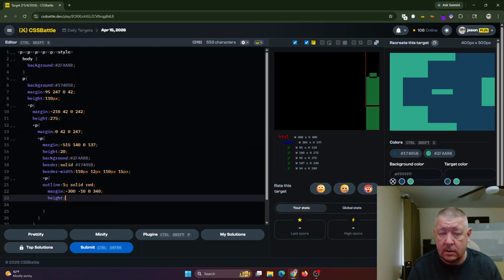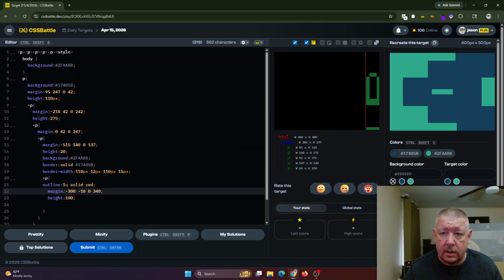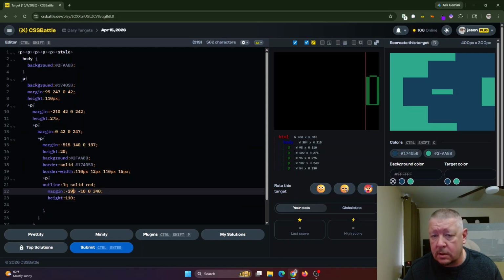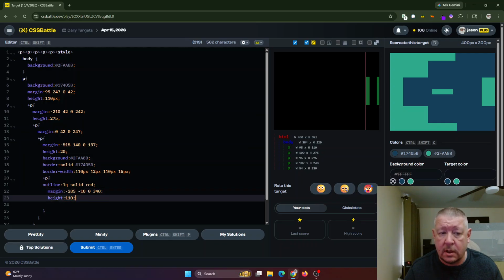Height is going to be 300. No, well, no, it's not. The height without borders is going to be 300. Height with borders is going to be like 100. And let's see if we can push it down. Whoops, that's not down. 80. Okay, so we need a little more height. 110. Let's make this 290, 285. That looks correct. Now we just need to get the